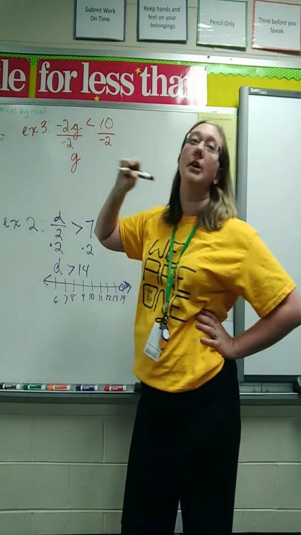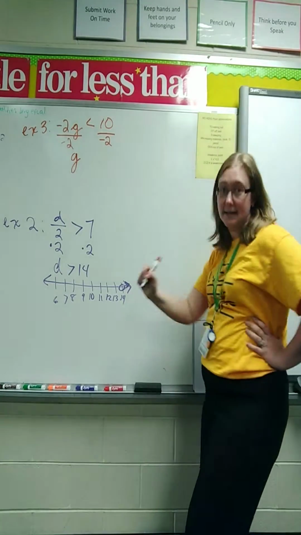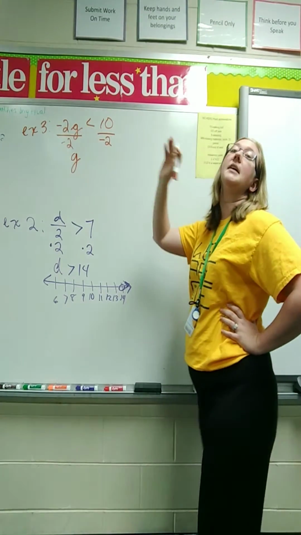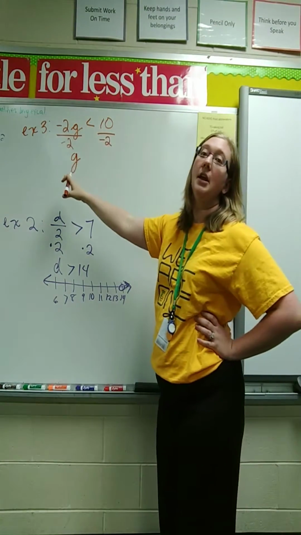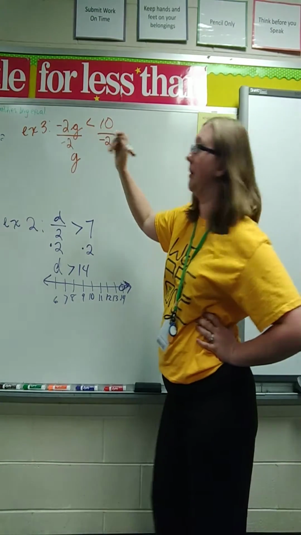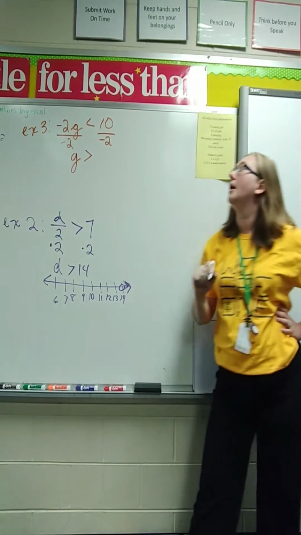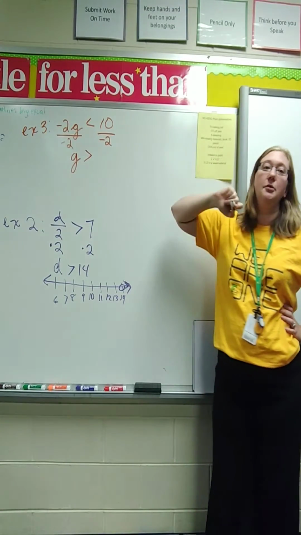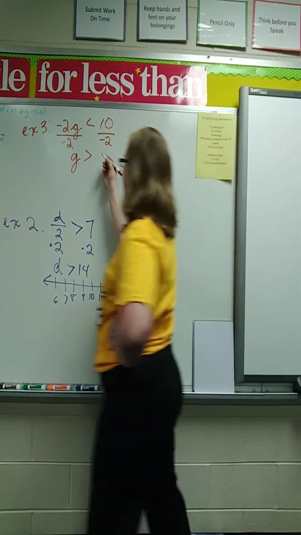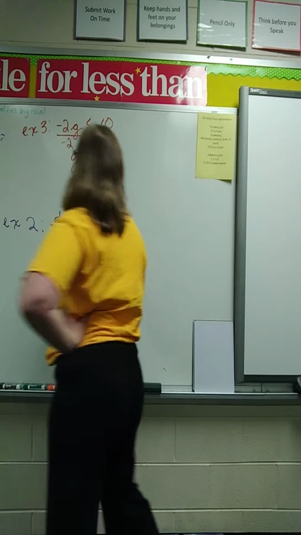Do I change the direction of my inequality? Yes, because I'm dividing by a negative. So I have to change the direction of my inequality. Okay? 10 divided by negative 2 is? Negative 5. Okay? So,